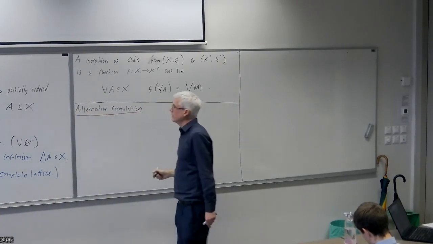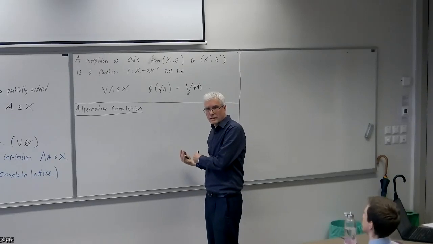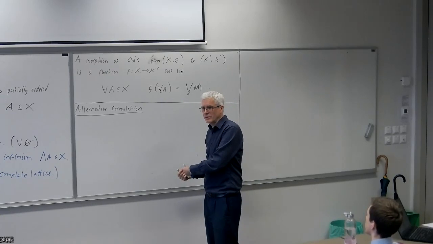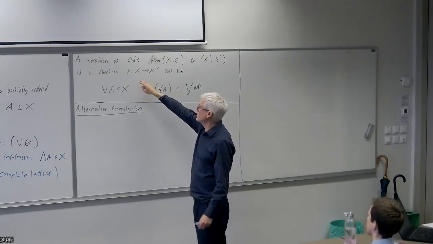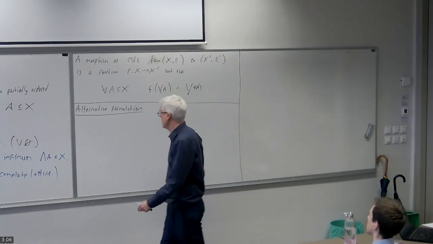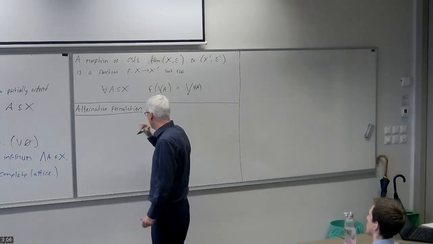We want to view, instead of viewing it as partial orders with a property, we want to view it as sets with some operations on it. And the morphisms are going to be functions that are homomorphisms, so namely preserving the operations. So the alternative formulation is a